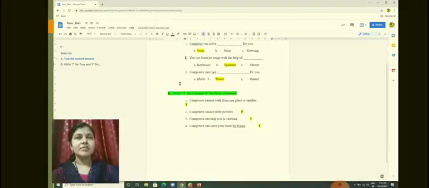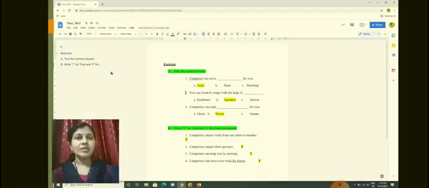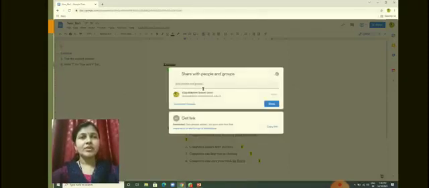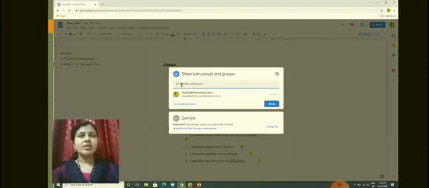Now I have typed something. Now I want to share this file with someone. For that, there is an option here, at the top right. When you click on the share option, you can see here, share with people and groups. To whom you want to share, you can write his mail ID.